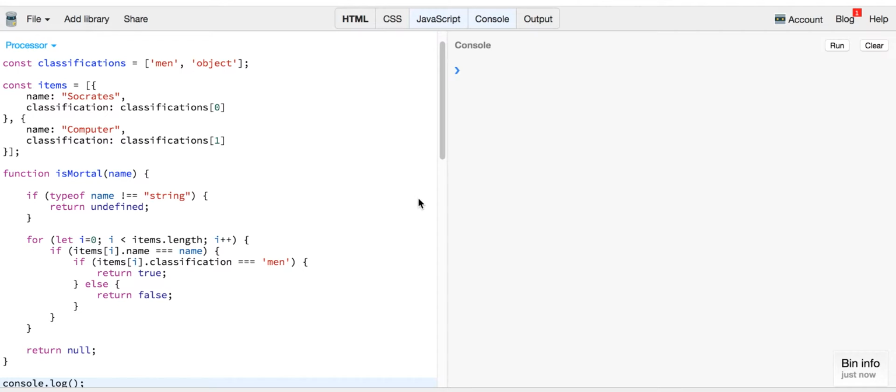And let's say we want to write a function or a routine to which, if we provide a name, it tells us whether it belongs to the mortal category or not. So it returns a truthy or falsy value. So to write that function,